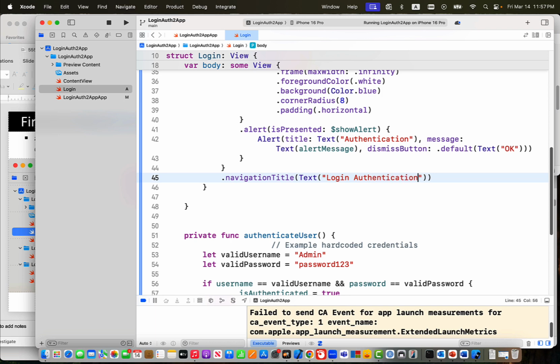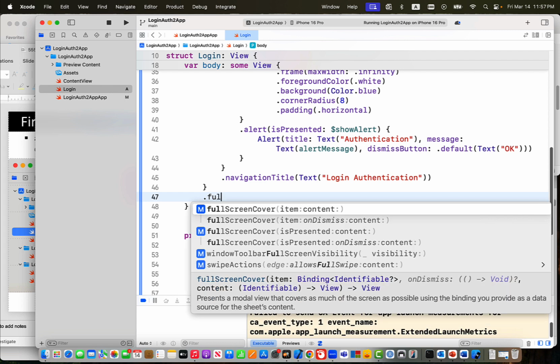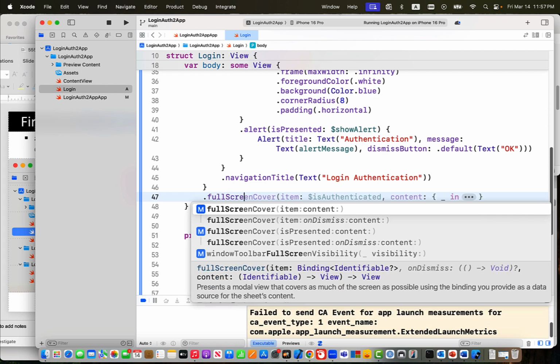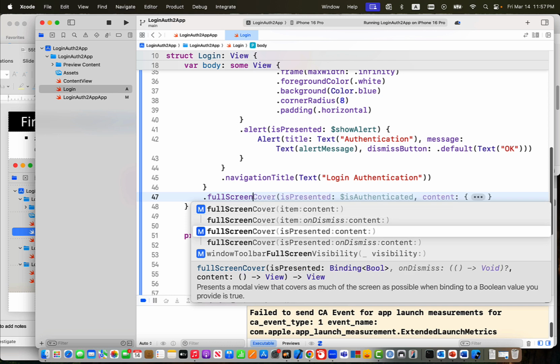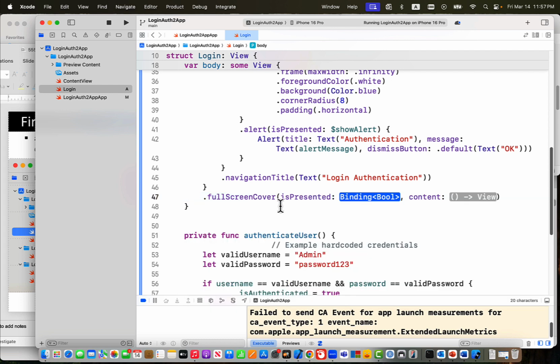Login authentication. And next one here, I want to put full screen cover and is presented, and then we can call here